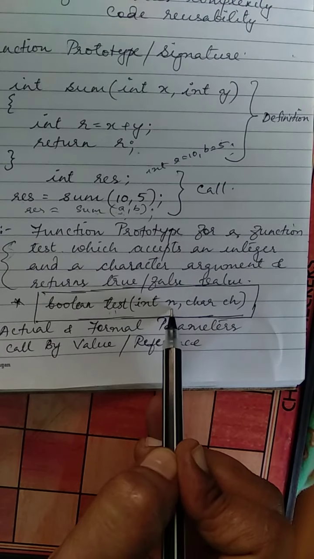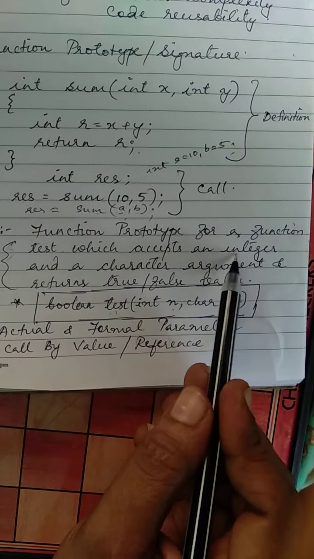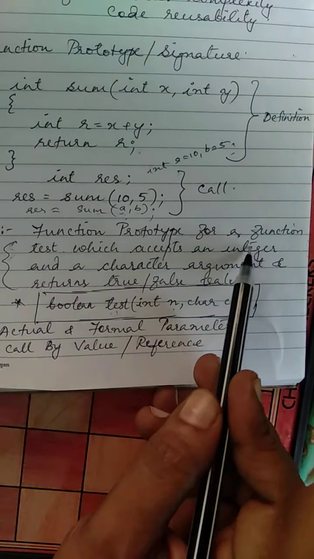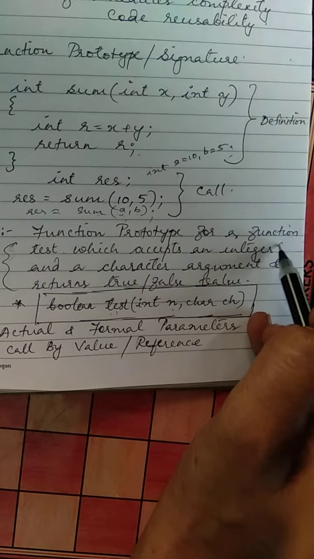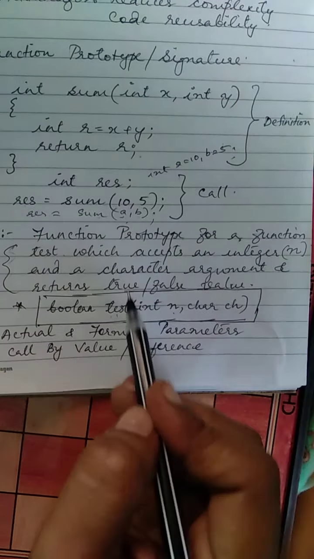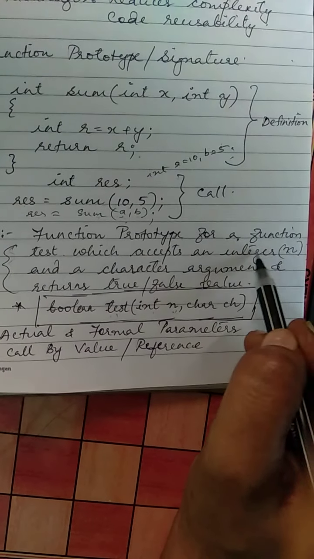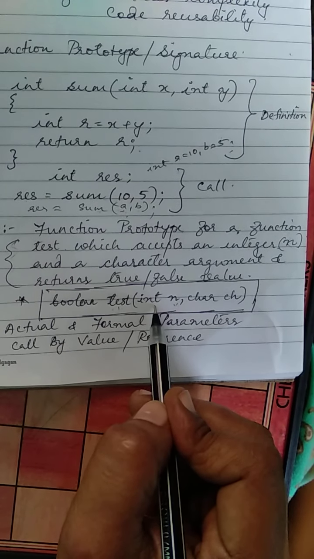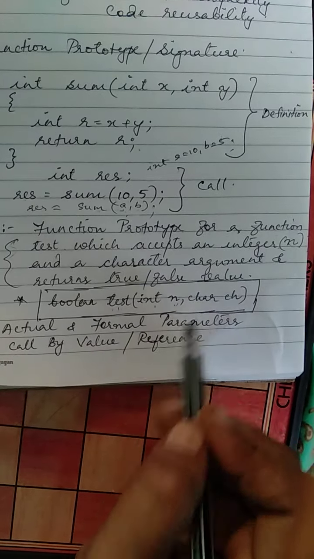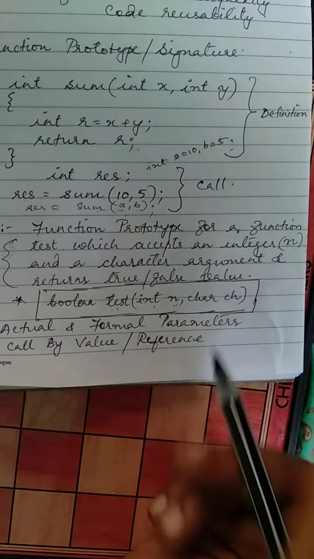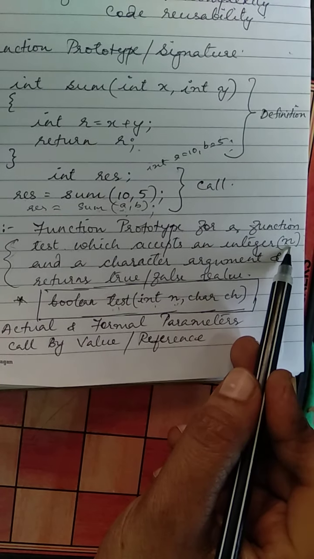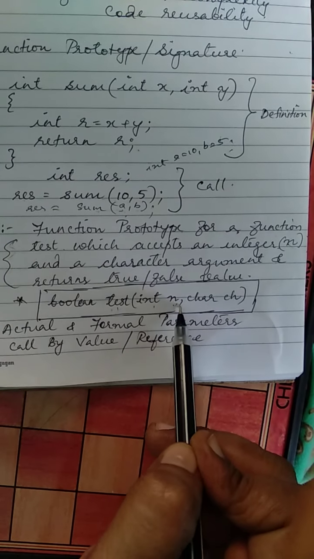See, int n is not compulsory. If in the question they are giving that it accepts an integer, then in brackets, if they are writing n, it means here you have to write int, space, n. If this n is not given, only integer is given, then simply you can write int, comma, char, or you can include any variable names, no problem. Okay, but if variable names are given here, definitely you have to write the variable here.